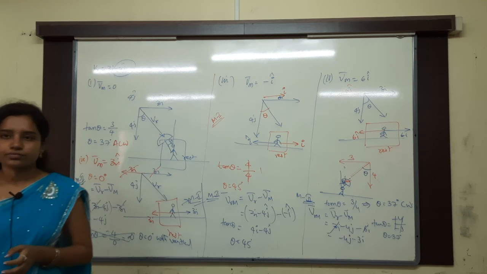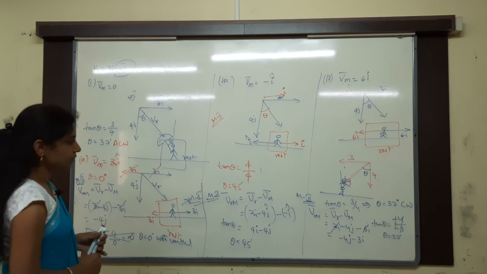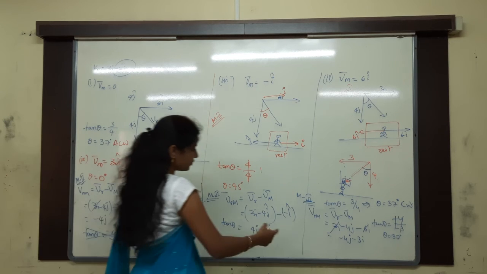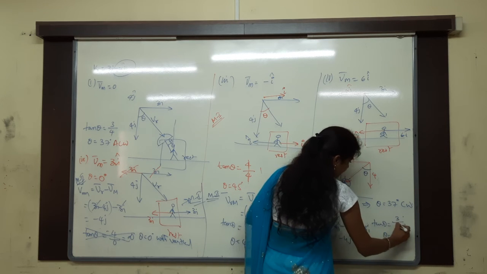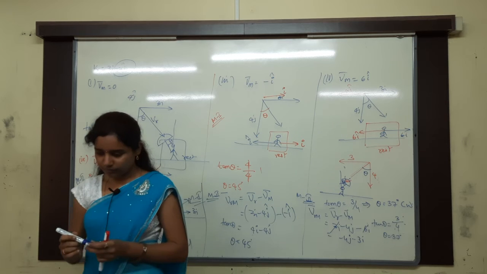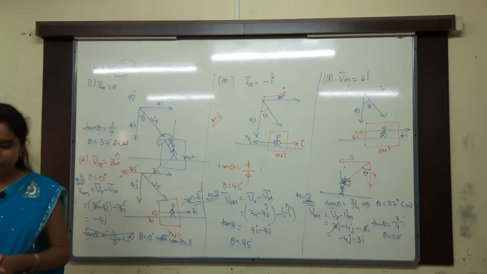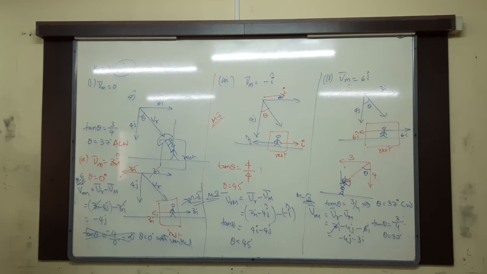Copy that. Is it 4 by 3 or 3 by 4? 3 by 4, 3 by 4. We are taking the angle with vertical. Everything I'll explain again. First of all, copy that. Minus 4j is nothing but falling vertically downwards. What is the angle with vertical? 0 degrees only, right? Oh, fine, fine.